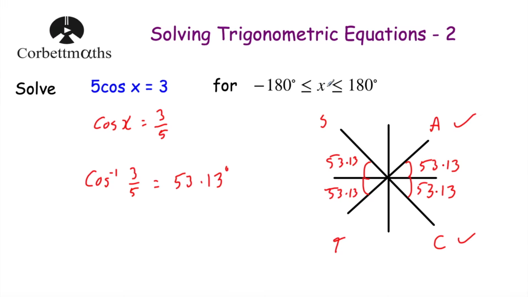Okay, now let's have a look at the values of x. We're going from negative 180 to 180. So we're going to go around from 0 around to negative 180 to begin with, and then we're going to go from 0 up to 180 after that. So if we start at 0 here, actually x, we have got,